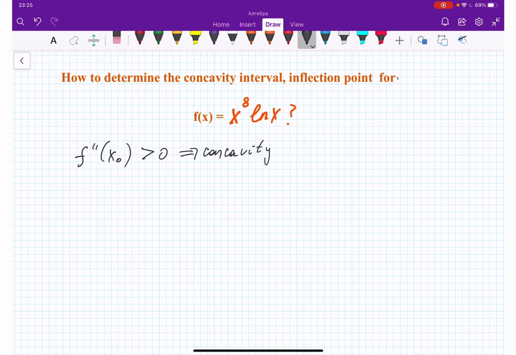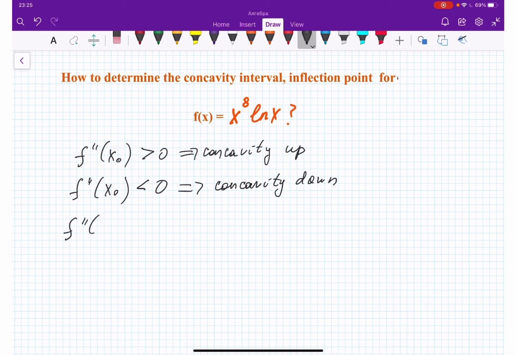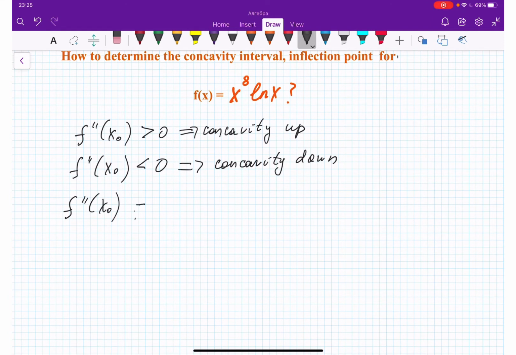Concavity up. But if the second derivative around point x0, which is just a point on some certain interval, is less than 0, then we get concavity down. And if the second derivative on the interval where x0 is located is equal to 0, hence we're going to have the inflection point